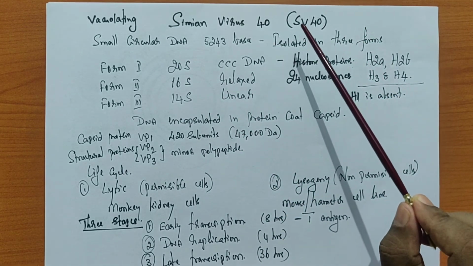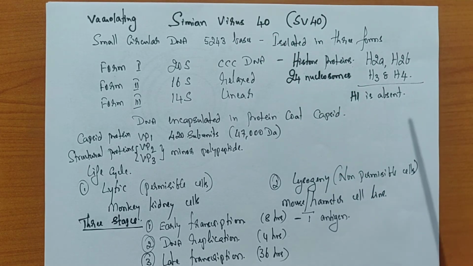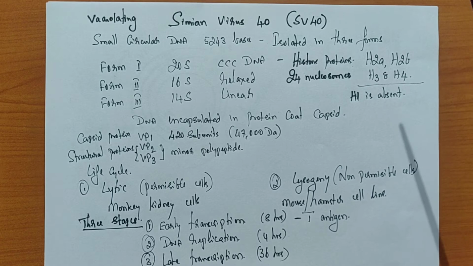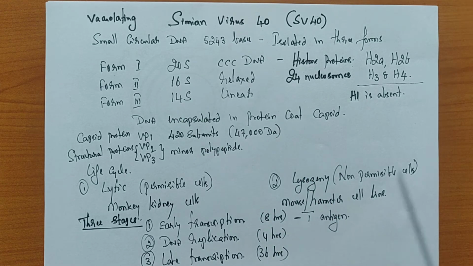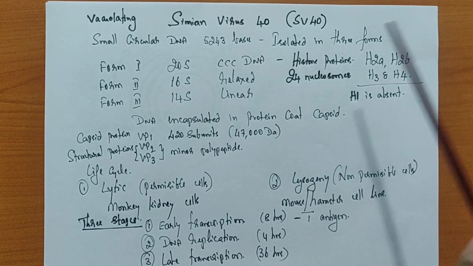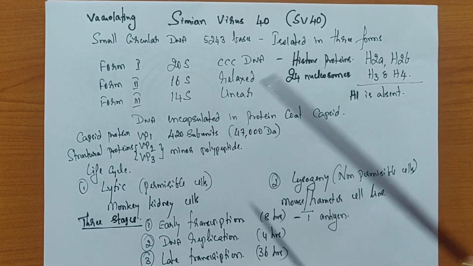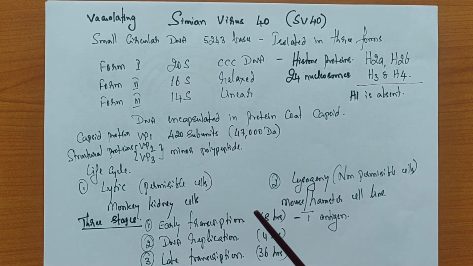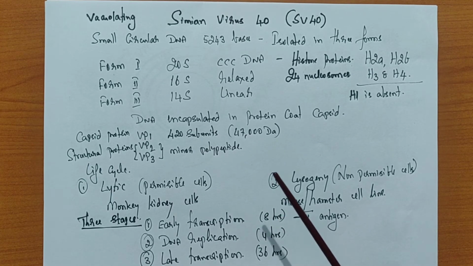Usually these viruses are prokaryotic, but this will get integrated into a eukaryotic system. Then we have to understand, like in the case of a Ti plasmid, that the promoters are all very active in a eukaryotic system. So we will try to understand the life cycle of SV40, and then we will see how this SV40 is useful for designing vectors for animal cell culture.